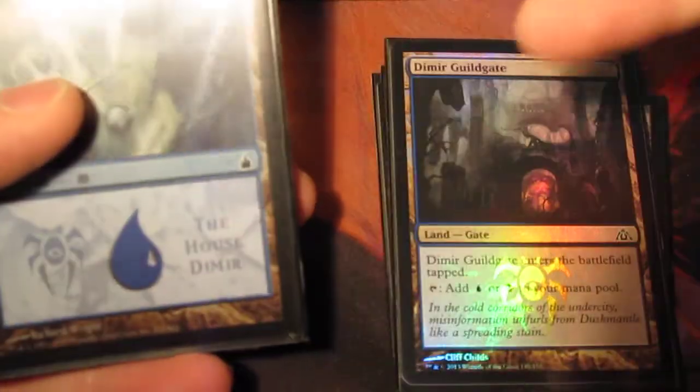So every single one of these is a swamp that goes with the House Dimir, and then we have the islands that go with the House Dimir. So yeah, the whole deck's full. Every card has the watermark. That's nifty and cute. There are other cards I could have put in here, and there's a few extras because